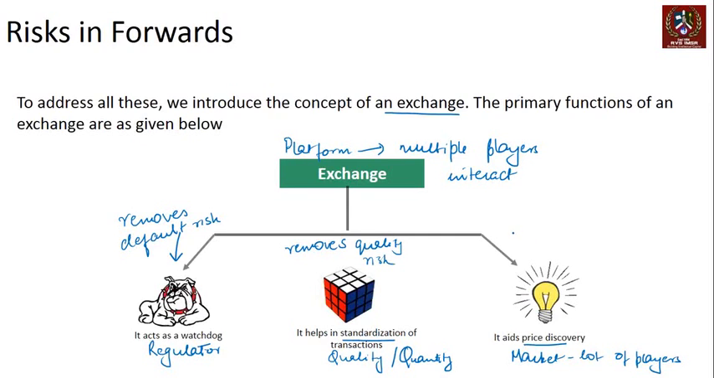And the third one removes the price risk. Because it's a market, there are thousands and thousands of players dealing with each other, so there is better discovery of the price. If the entire market is trading on this exchange, then the price of rice determined on this exchange will probably be a better estimate of the price than if two parties were dealing with themselves individually. Now, the moment you introduce the concept of an exchange and you bring an exchange into the equation,